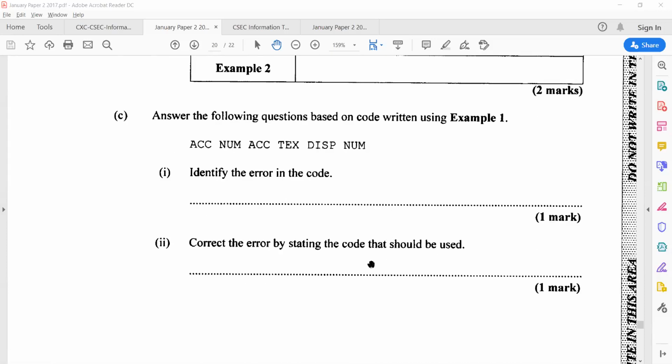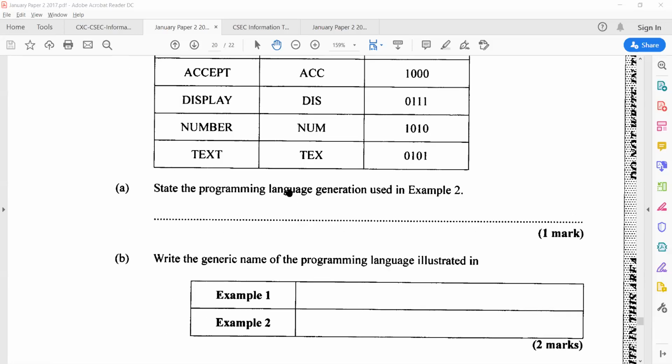Let's move on to C. You need to answer the questions in part C based on the code using example 1. So you have some code to be executed, and you need to identify the error in the code. What was the error in this code? So text is the error, sir. Text. Right, now if we go back up,